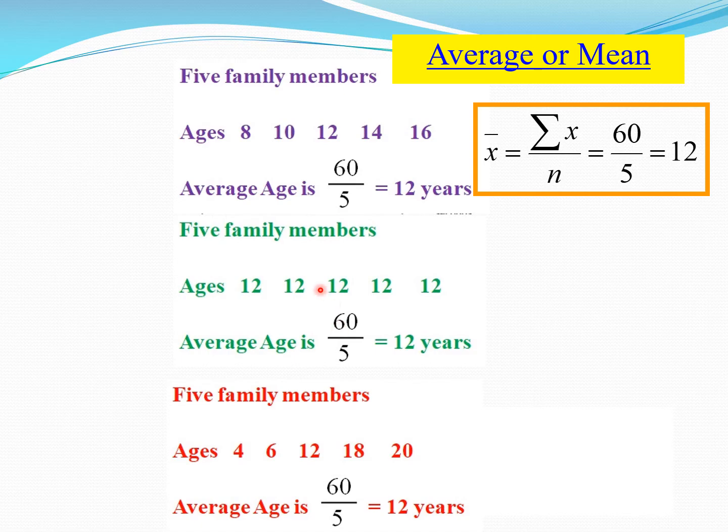You can see that in this set of data, they're all exactly the same as the average, not spread out at all, no variation. This set of data seems to have some variation about the mean, about the 12, and this set of data here has more variation. 4 is much further from 12 than, let's say, 8, and 20 is much further. So while the 3 sets of data have the same average, the amount of variation from the mean, or the standard deviation, differs,